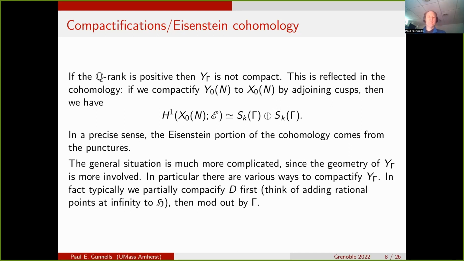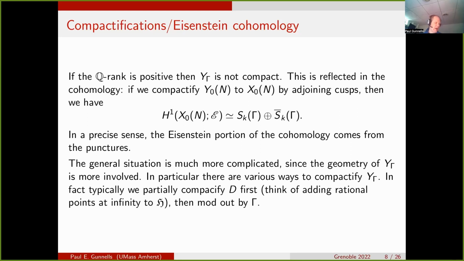If you do that, then the cohomology is now different. Okay, so first of all, it's now a compact surface, so you actually do have H upper 2. It's a compact orientable surface, so you don't really learn anything from H upper 2 that you don't know from H upper 0. But in any case, H upper 1 now changes. There was some part of the cohomology that was associated to those punctures and has now disappeared. And when you compactify, you don't see the Eisenstein part anymore. You just see the cuspidal part, okay? So what that means is,